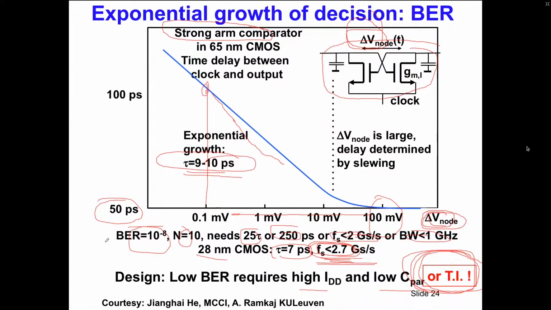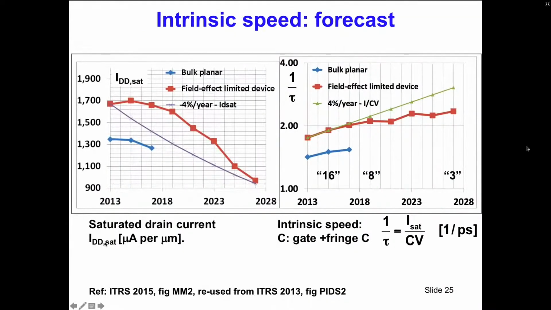Well, I'm sure now 2 or 3 of you are typing, yeah, but in a new process, aren't we going to be better? I have bad news for you. That's not going to be the case, at least if you follow the last ITRS roadmap. And here you see the saturation current of the transistors. And to your surprise, you basically see that saturation current is predicted to go down.